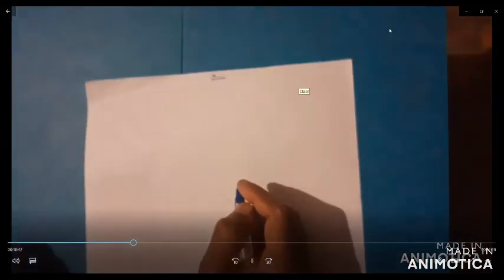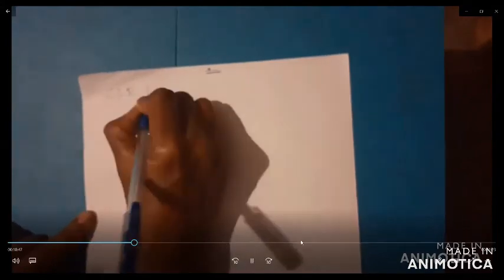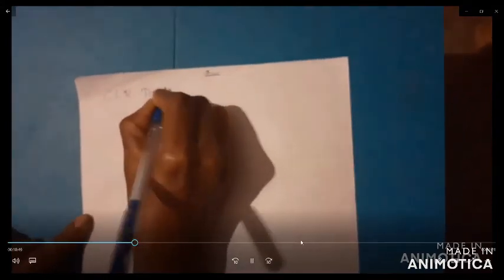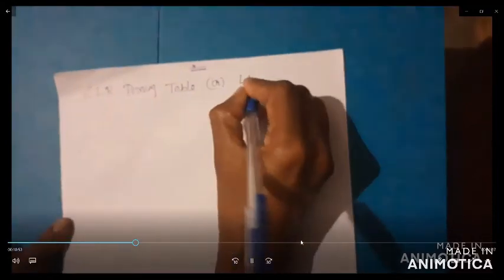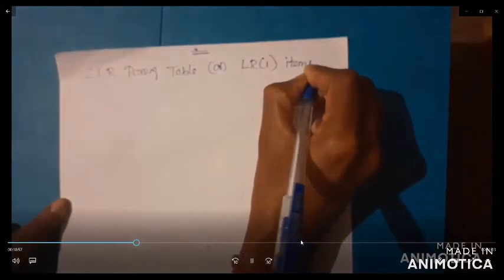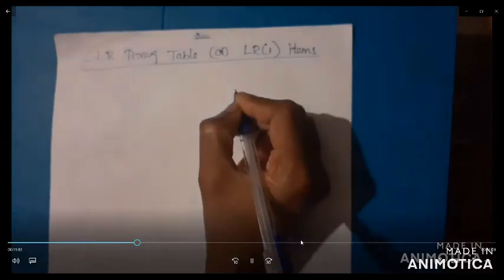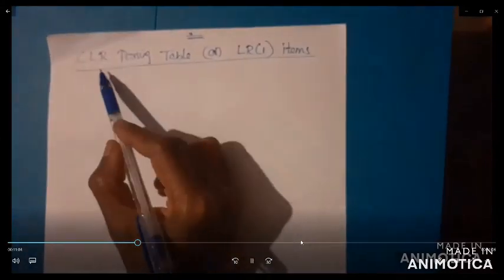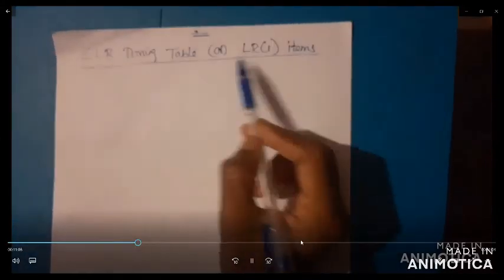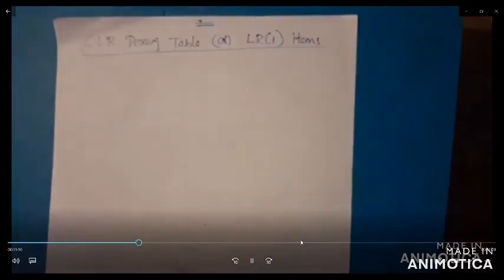So the second parsing method of LR parsing is the CLR parsing table, or LR(1) items. In the examination, for the given question, construct the CLR parsing table or LR(1) items for the given grammar, which means you have to do all the steps.